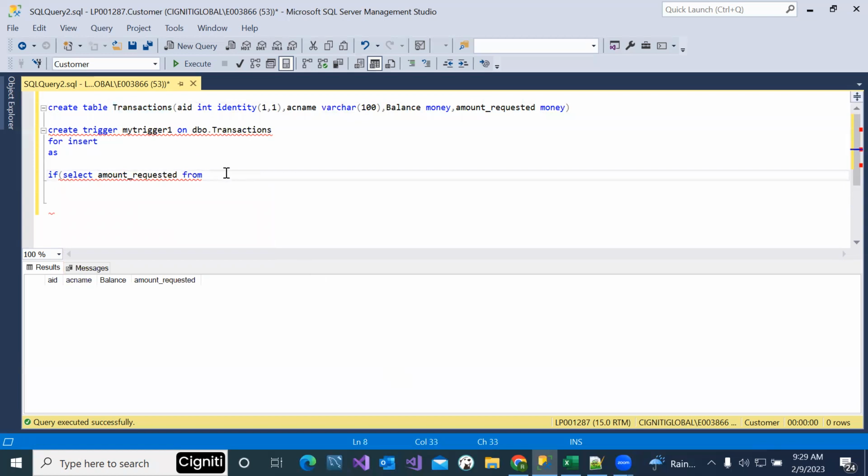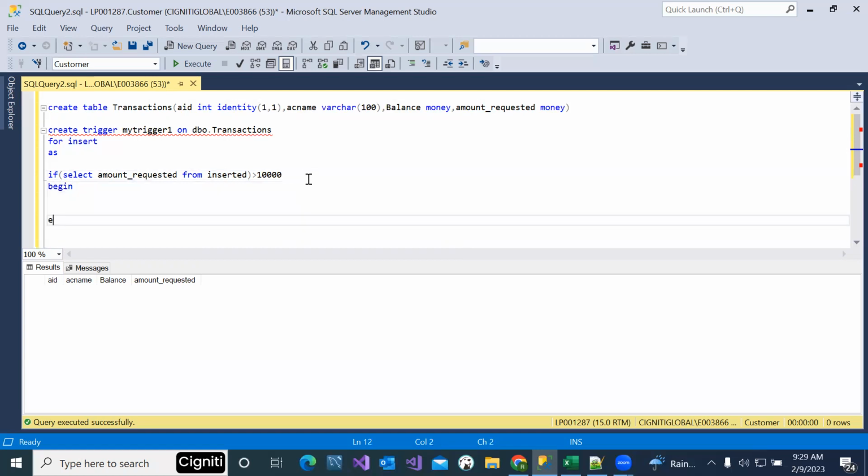Amount requested from inserted. This is a magic table. First, the row will be inserted into this. Here I'm verifying whether the user has requested more than 10,000 or less than 10,000. If this is greater than 10,000,